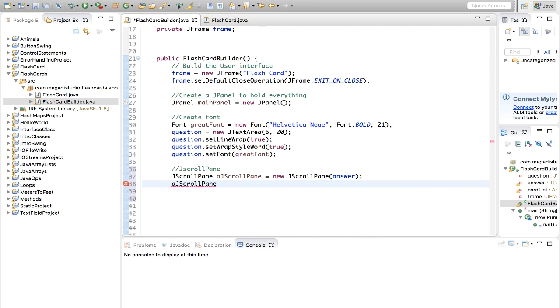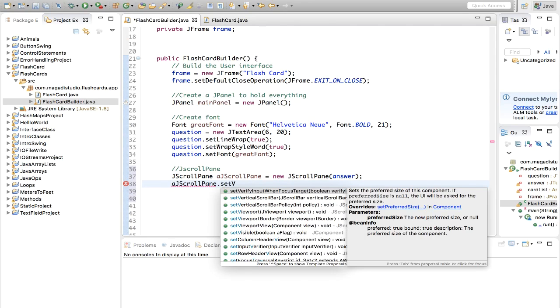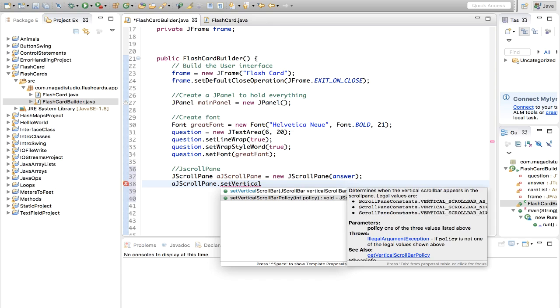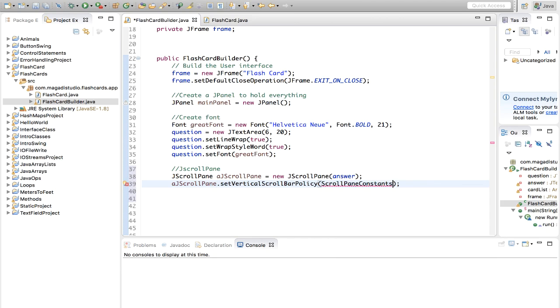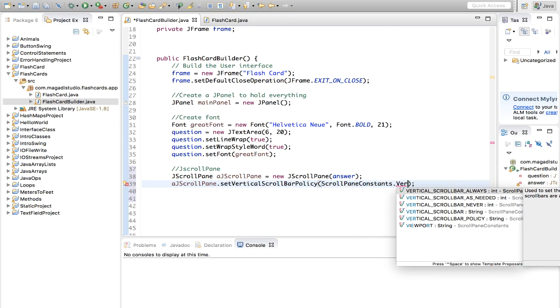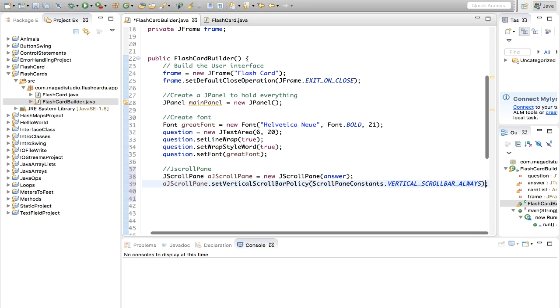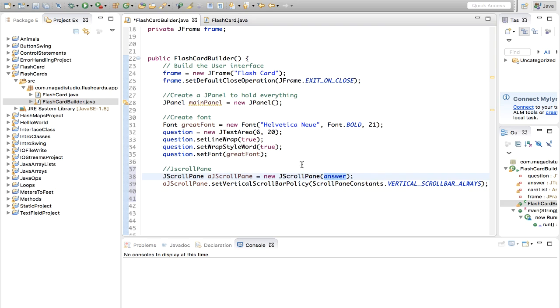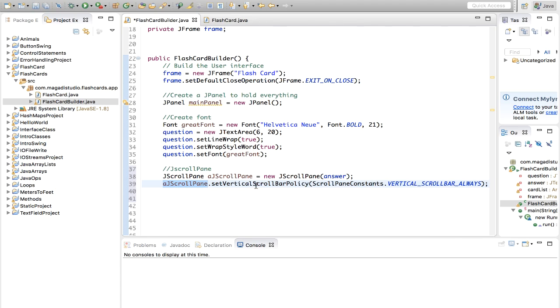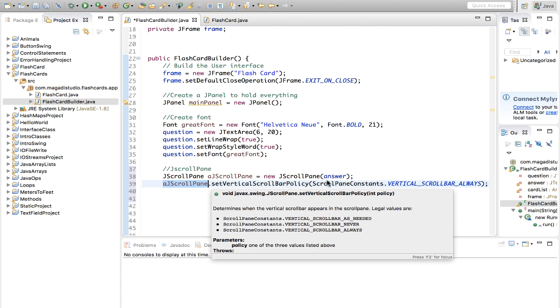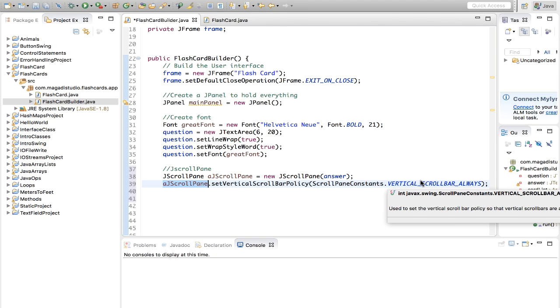Then let's attach a few other properties. We're going to set the vertical scroll bar policy. We're going to pass in ScrollPaneConstants here and say VERTICAL_SCROLLBAR_ALWAYS. Okay. So what's happening here? Well, we did this, so now we know that our answer text area will be scrollable, but we also want to make sure that this answer scroll pane, as we scroll, we want to set it to be vertical, meaning that we don't want